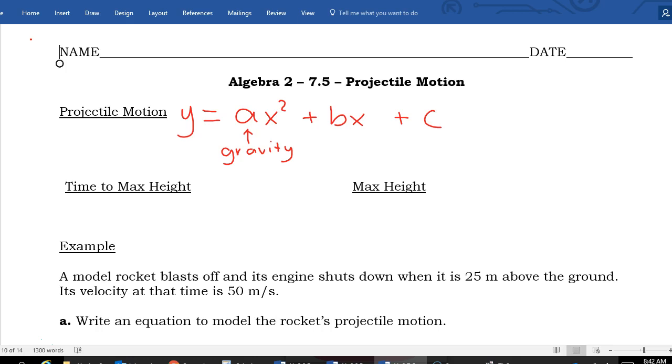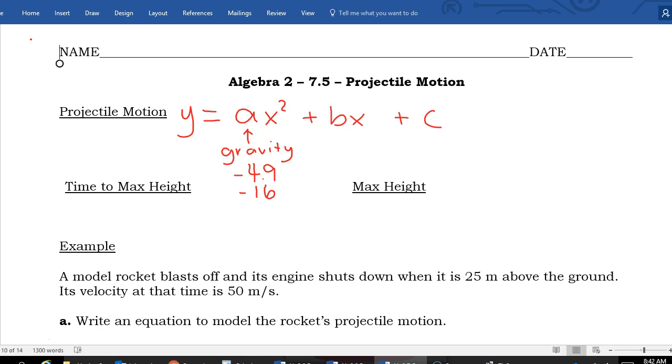So if we are using meters, that's always going to be negative 4.9. Negative because gravity is pulling us down towards the earth. It's actually half of acceleration due to gravity. If we are using feet, that number would be negative 16. The acceleration due to gravity in feet is 32 feet per second squared, so we're going to use half that,